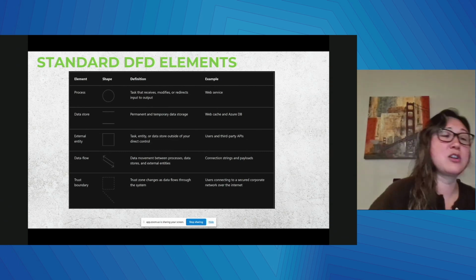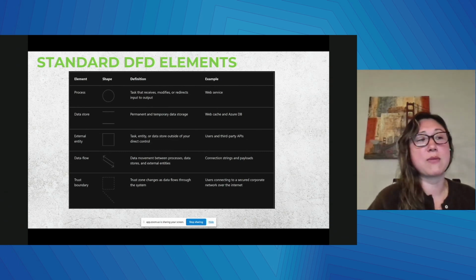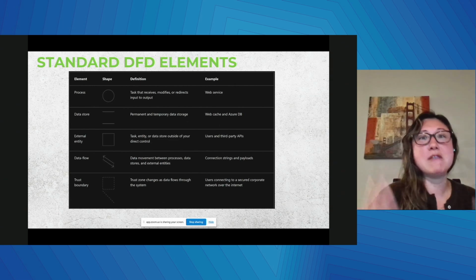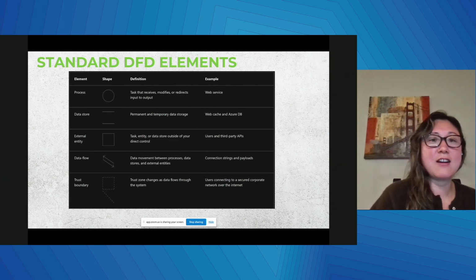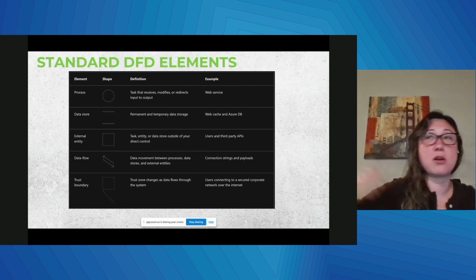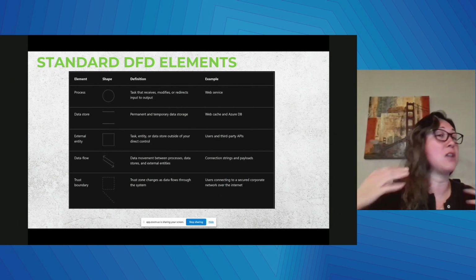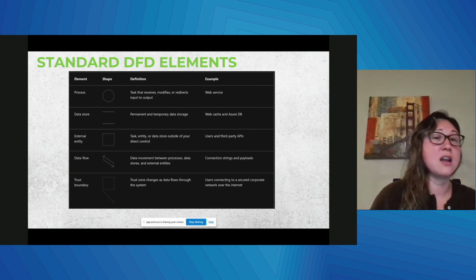It's something to teach your colleagues, folks that are doing threat models, because this is a pretty universal understanding of what entities look like when we're actually creating some of those threat models. So it's not super hard to pick up a threat model and give it to someone else who's a security engineer in a different organization, and they could look at your threat model and totally understand what it is you've built there.